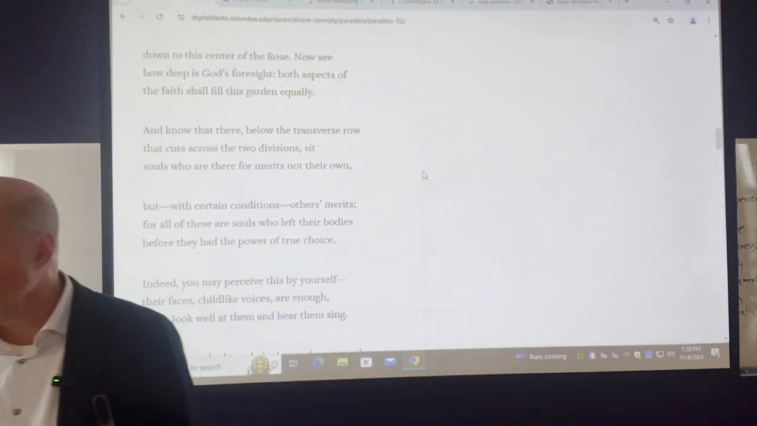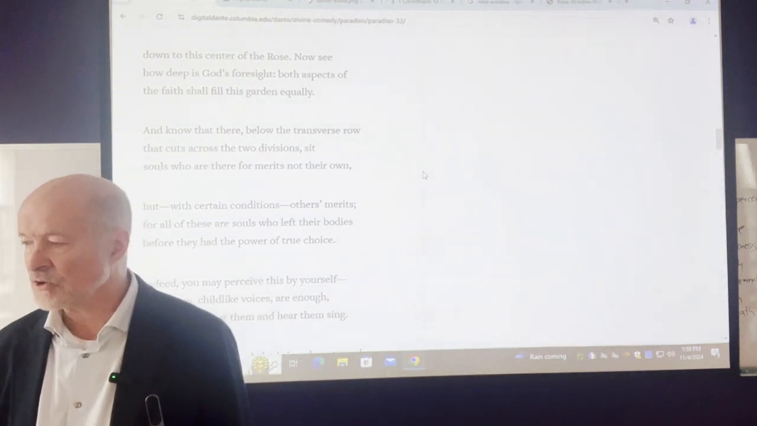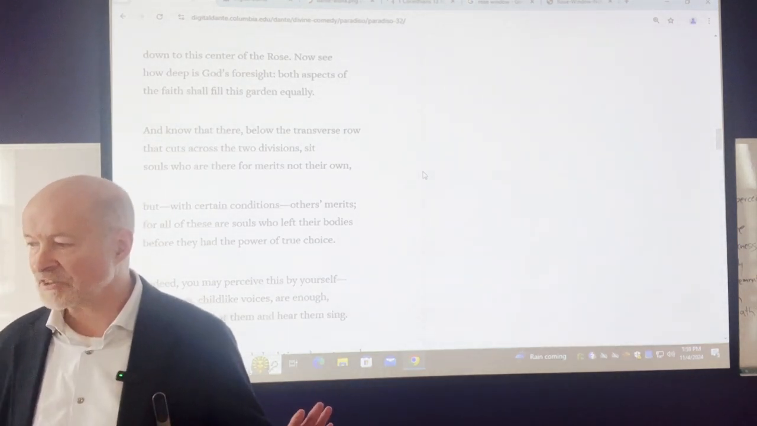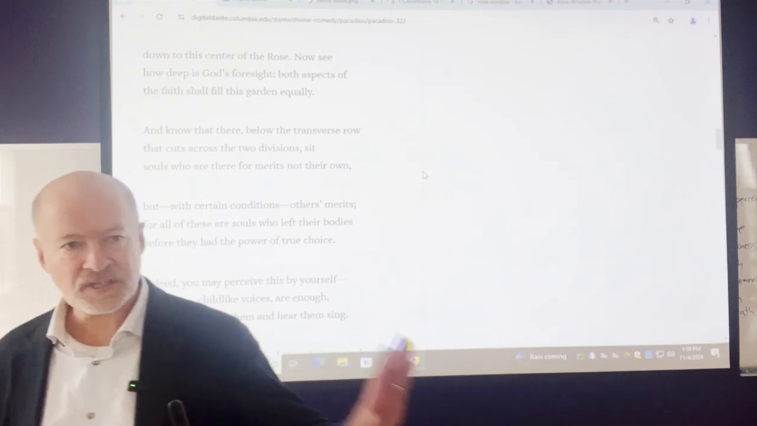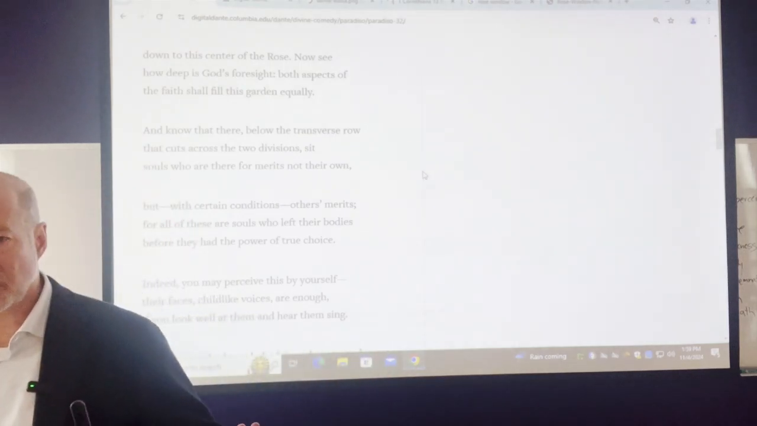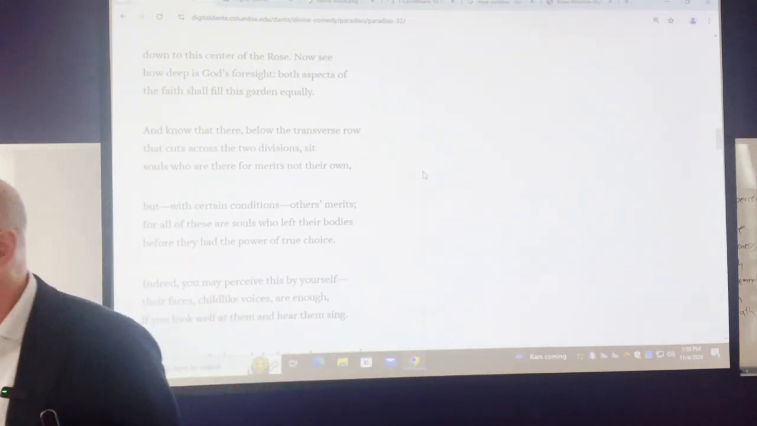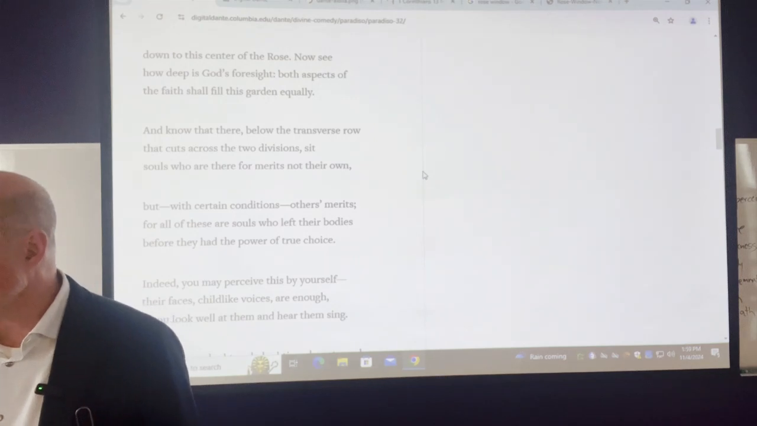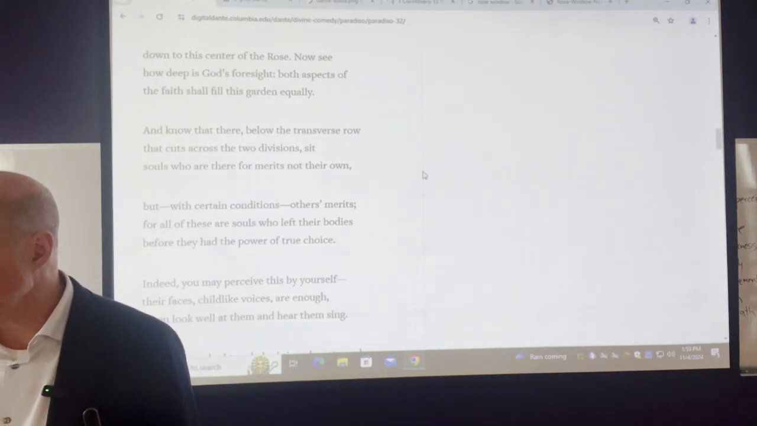Now see how deep is God's foresight. Both aspects of the faith shall fill his garden equally. Those who anticipated Christ and those who saw Christ. Both sides. And know that there below the transverse row that cuts across the two divisions sit souls who are